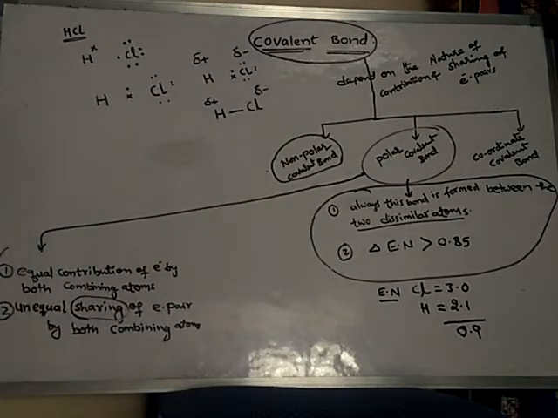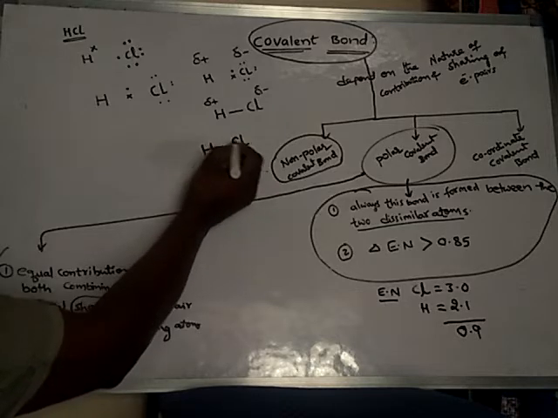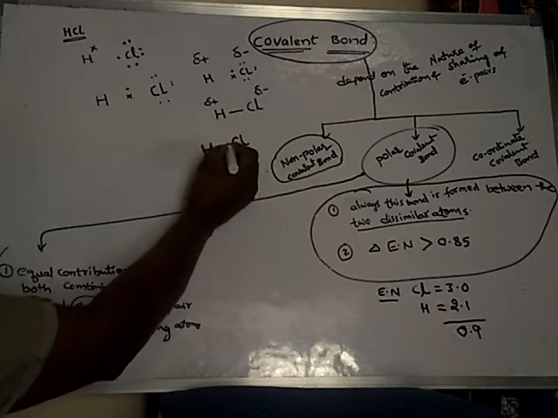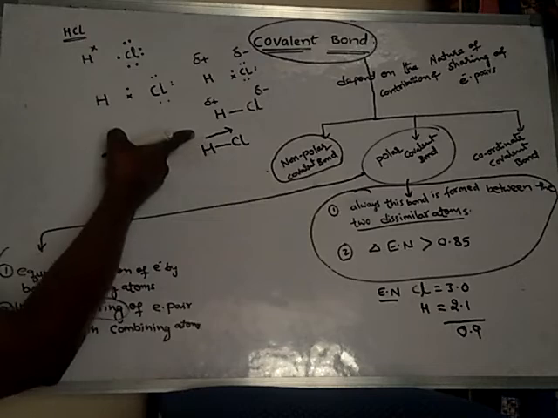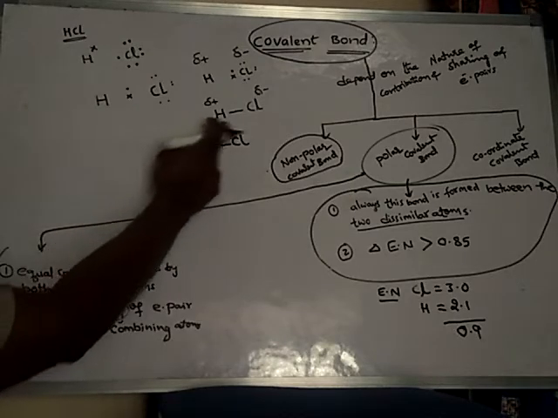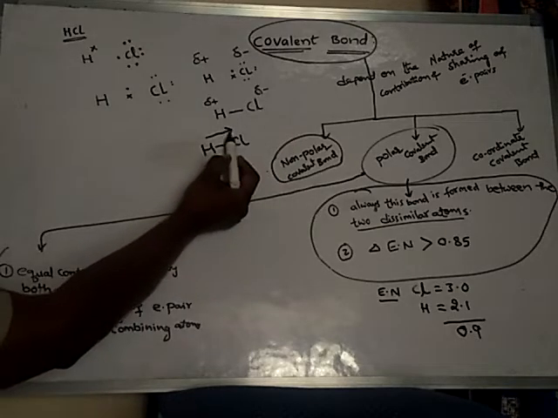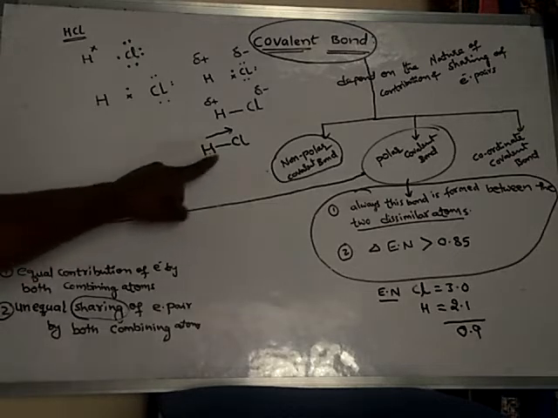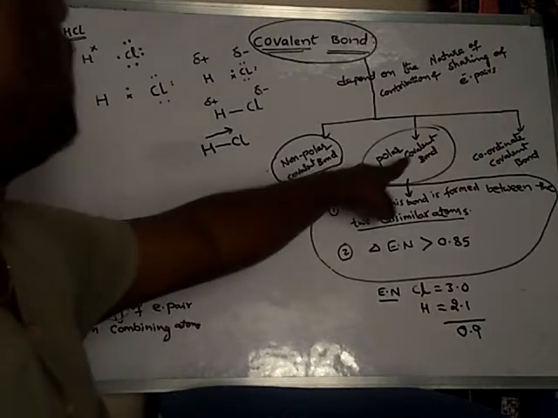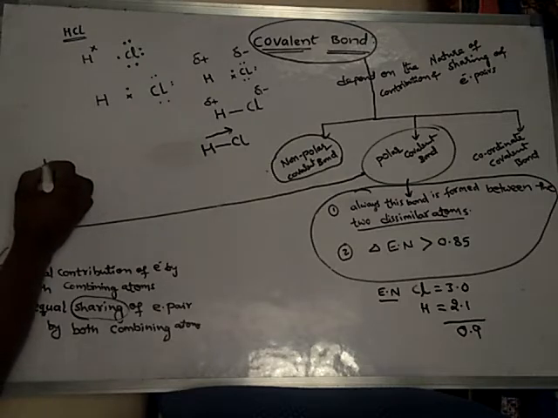See, this can be denoted like this also. HCl: here one dash, and above it we can draw one arrow, or else we may simply write it like this, or draw it like this also. It also sometimes may be represented like this. Here also it will represent the polar covalent bond. Or else we can draw it like this also, hydrogen.